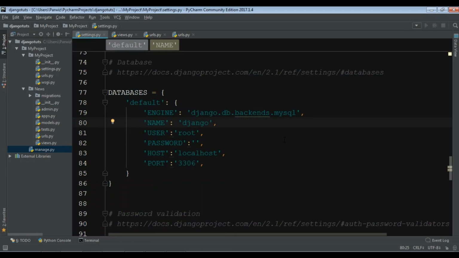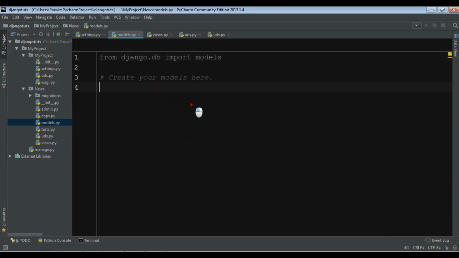Before this, what are Django models? In Django models you can add your database tables. Let me open my file. If you open your news app, we have a file named models.py. If you open this, you can see that you create your models in here. For example,